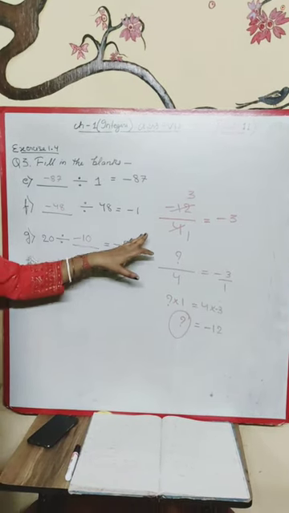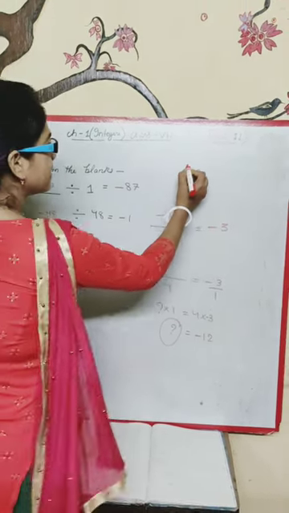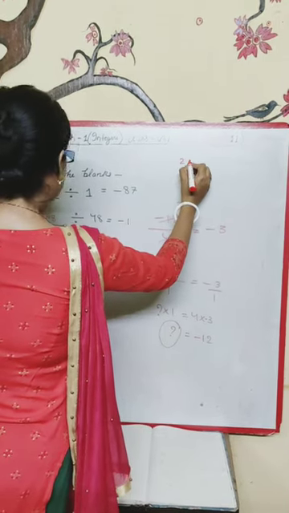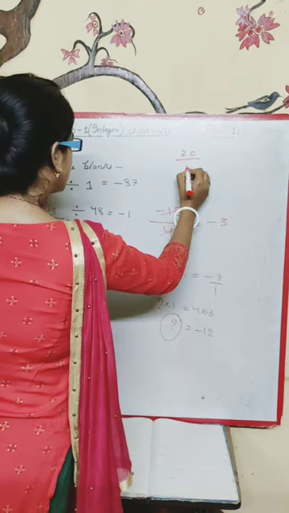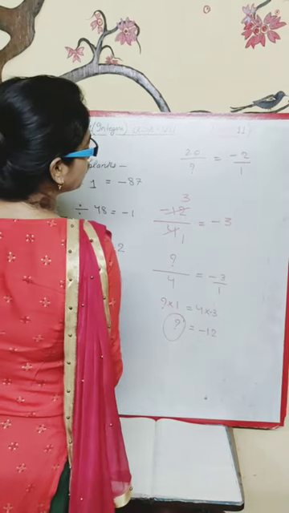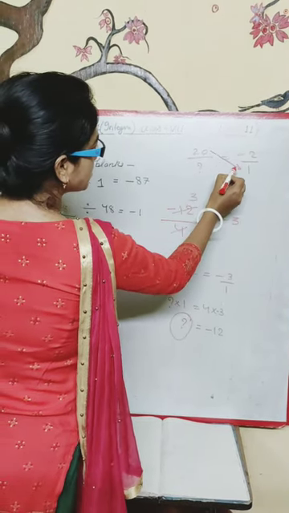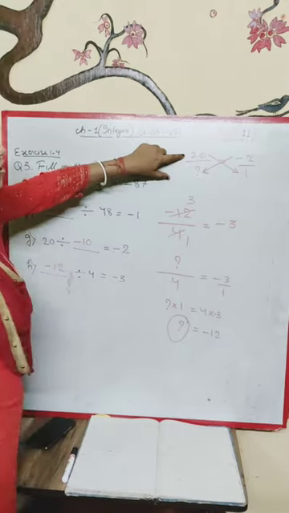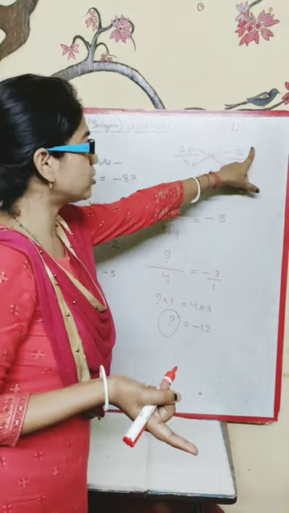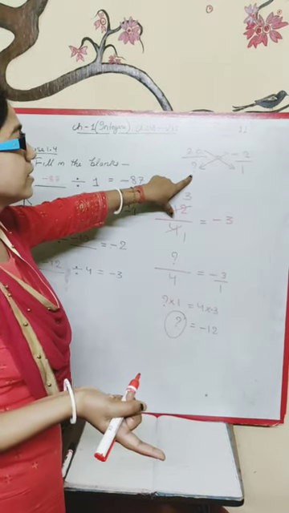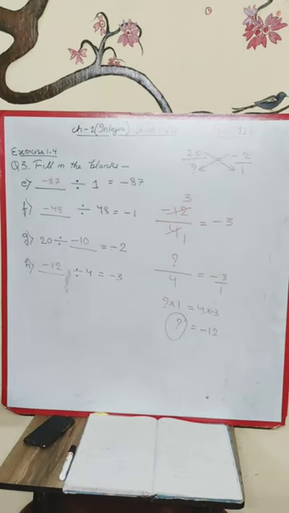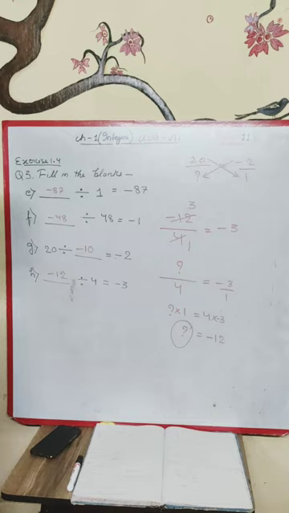So with the process of cross multiplication, like here, I'm just saying 20 by dash, and this dash is equal to minus 2. Then what we have to do? We have to apply the cross multiplication process. The numerator of the first should be multiplied with the denominator of the second, and the numerator of the second will multiply with the denominator of the first. In this way we have to solve the questions. Understood? Come to the next question, question number 4.